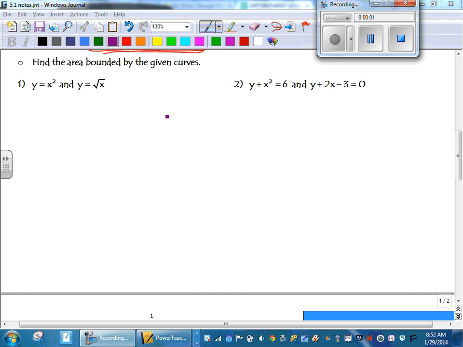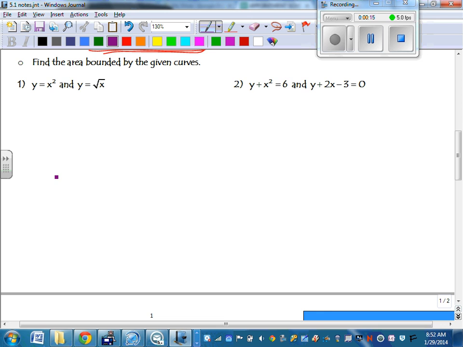So for number one, it asks us to find the area bounded by the given curves. So in our general example, we have the A and B part. Here we're going to actually have to figure out what A and B are, where they intersect. Now these two curves we can